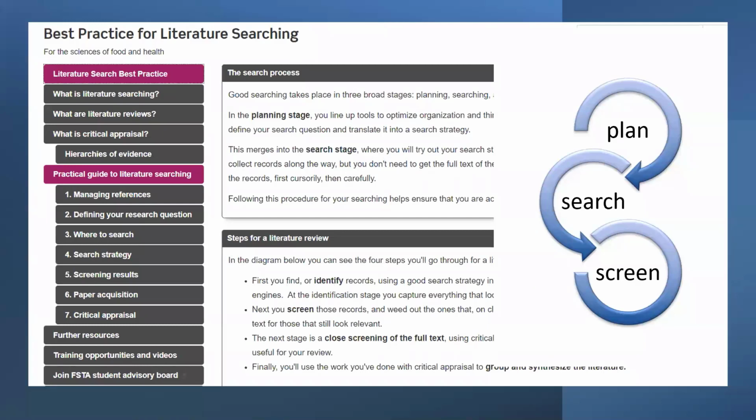So I want to now bring your attention to the best practice for literature searching guide that we've produced at IFAS. And IFAS did quite a lot of research that predated writing the guide about the challenges that researchers in this field face when they're trying to do their literature searching. And the challenges that, for instance, lecturers who are working with postgraduates,